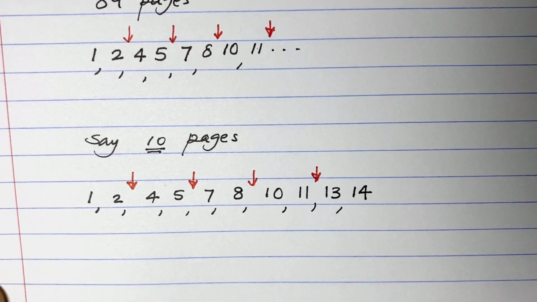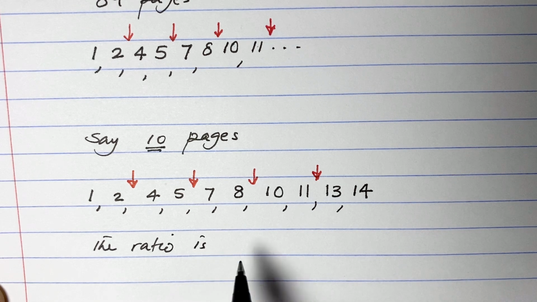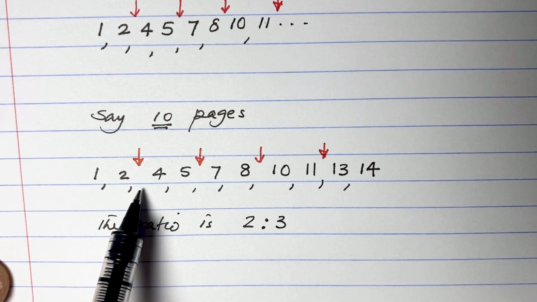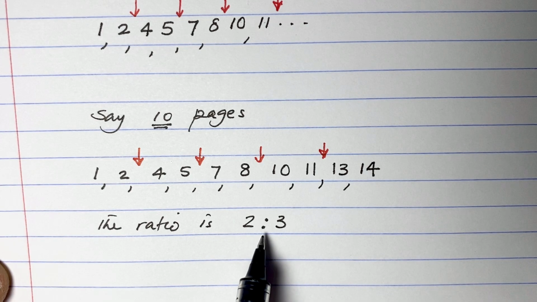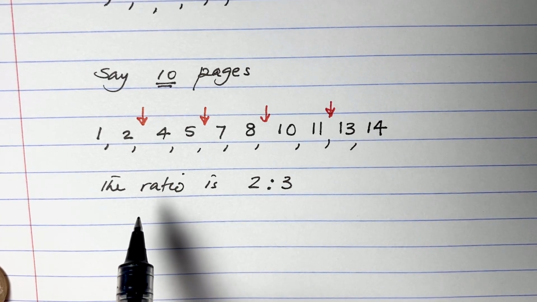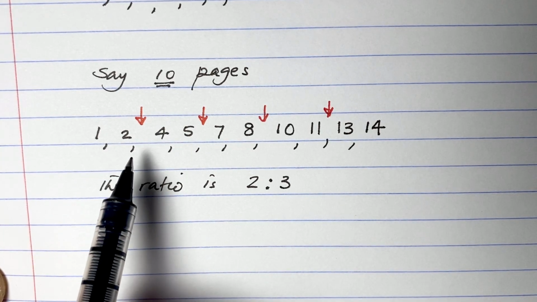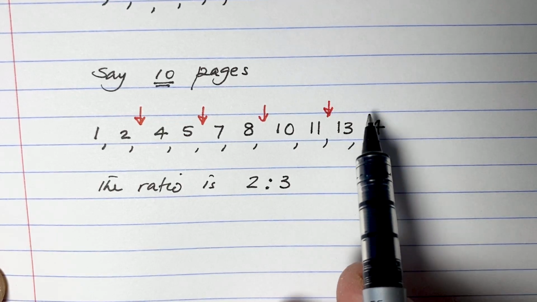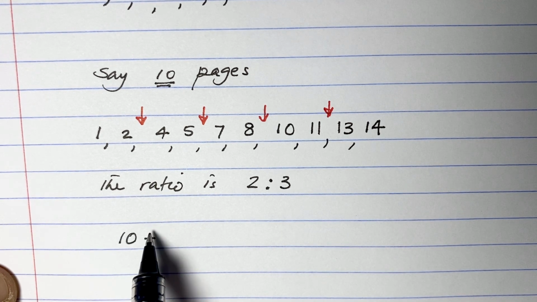So the ratio is 2 to 3. Out of every 3 numbers, 2 are chosen. So 2 out of 3, or the ratio of 2 to 3. By looking at the fact that I've got 10 pages, and the numbers are going in a ratio of 2 to 3, and I want to reach number 14 on the 10th page, I decided to divide the number of pages by 2,